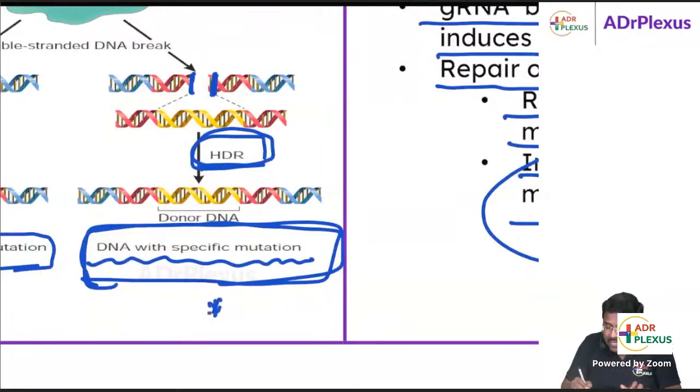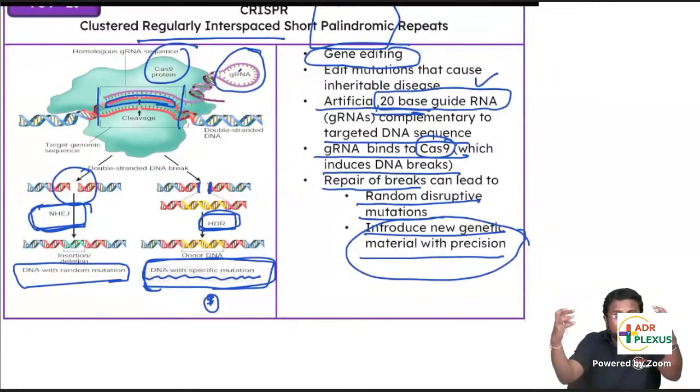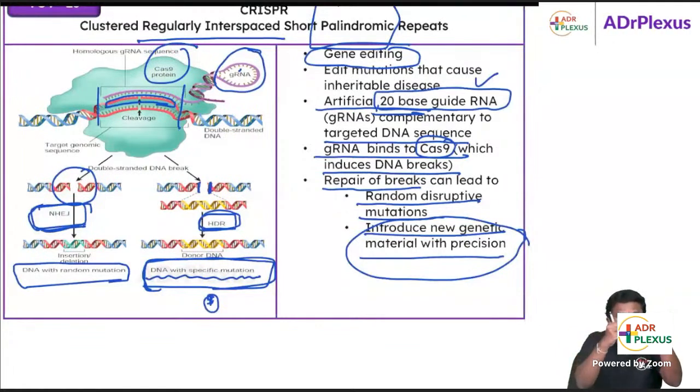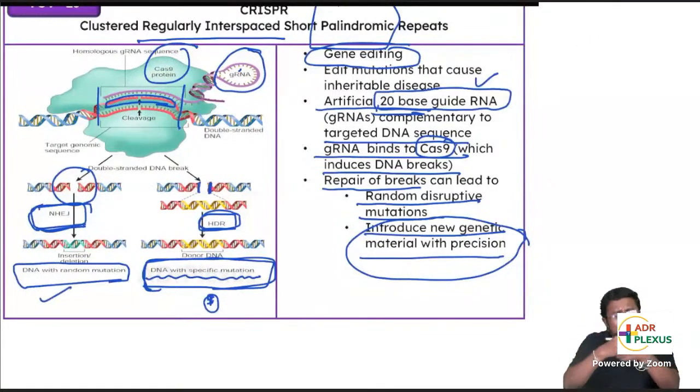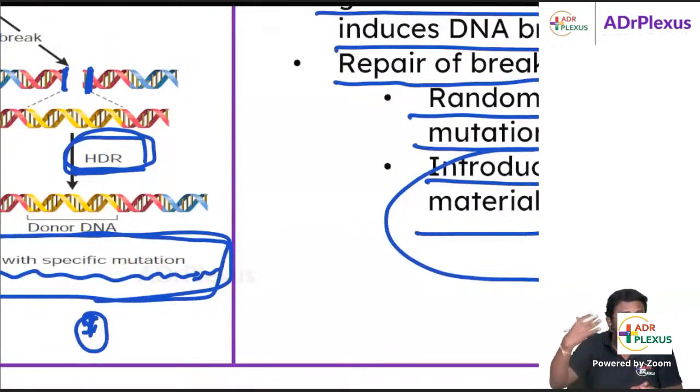So that we can introduce a DNA with a specific mutation. The effect of this DNA cutting is that you cut the damaged part, so that part has to be joined. Now, the ends can be either homologous or non-homologous. Non-homologous means it can join just like that, and when it joins like that, it can introduce a random mutation. But we are making sure that it joins by a homologous mechanism, and the homologous ends are joined, and thereby we are introducing a gene with a specific mutation, our point of interest.